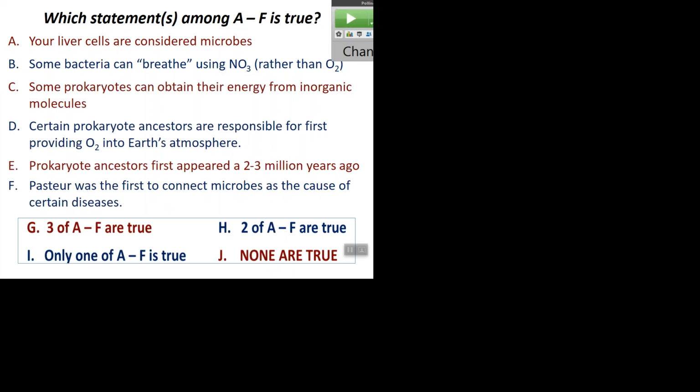All right, so let's go through the statements. G, three are true. What's one that's true? B. B is yes, that's true. So B is a true statement. C, like a consensus. C is true. And anything else? D is a dog. Yes. Those are the true statements.